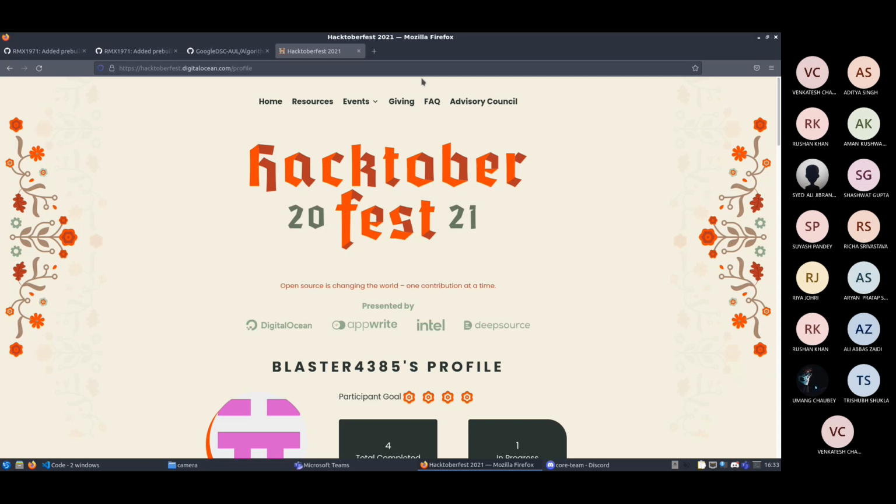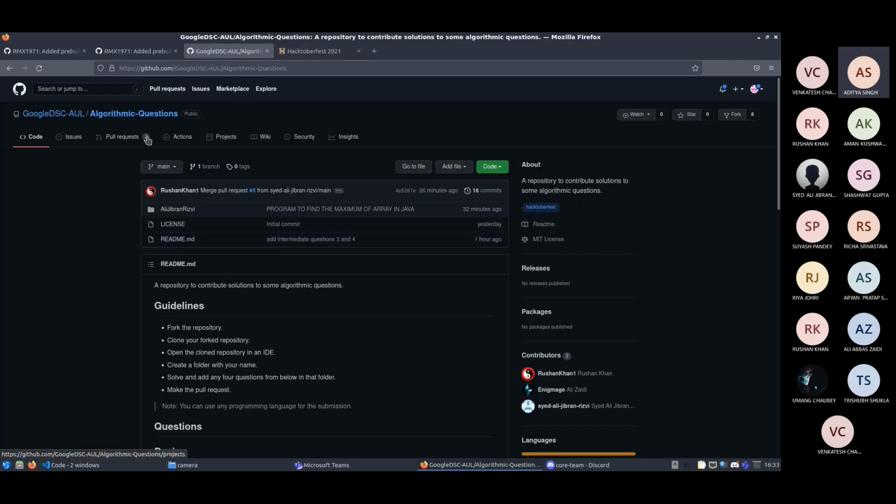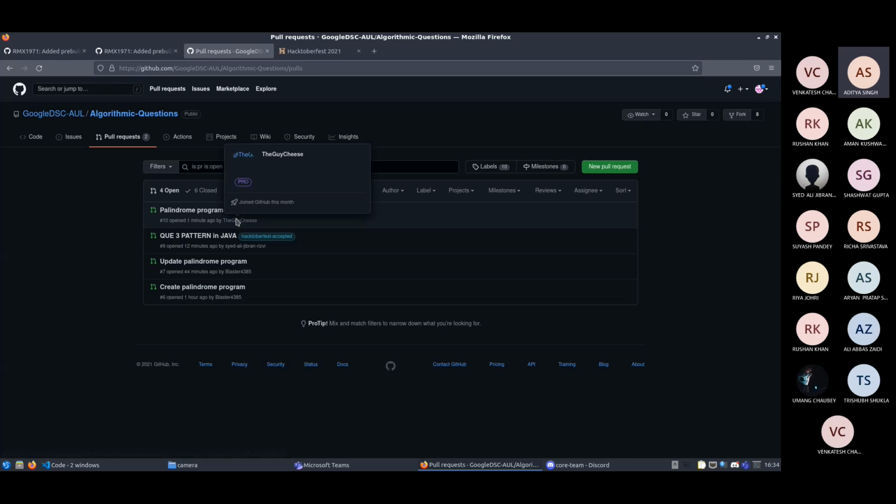And I guess Rushan, if there's nothing else left, we can just wait for them to complete the pull request and we can end the session now, if that's okay with you. Yeah, sure, we can do that. I have made the pull request. Can you please check if it's received or not? Rushan, are you checking? Yep, your pull request... Sorry, I couldn't hear what you said. Can you please repeat? He said he has created a pull request and is asking you to check it. Sure, I'll give it a look. Thank you.